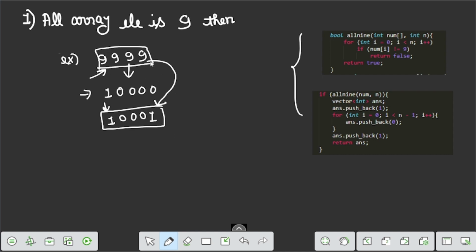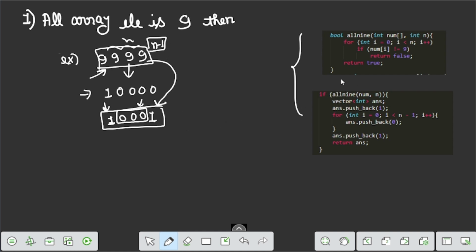So the answer for this particular case is very simple. In the answer array, the first element is 1 and the last element is 1, and the remaining in the middle are 0, and the 0 count is n minus 1. If the number of elements is n, then the 0 count is n minus 1.